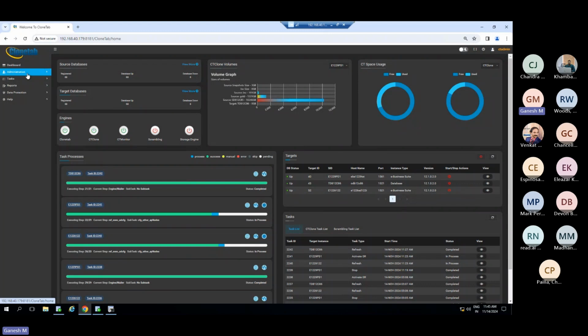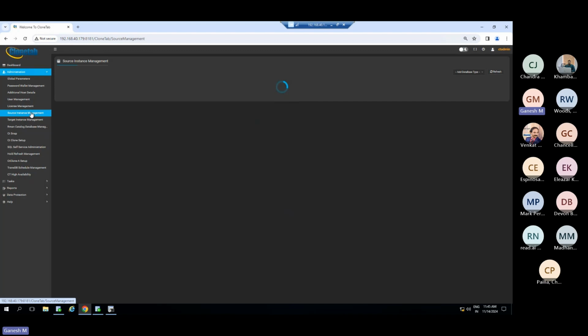If you want to start the ad hoc backup on any particular source, we can go to administration, and from there we can go to source instance management.